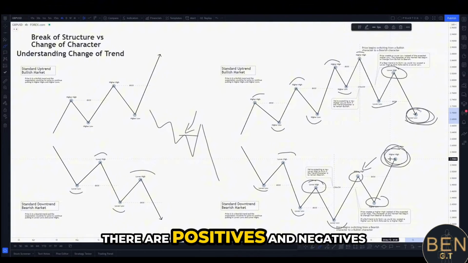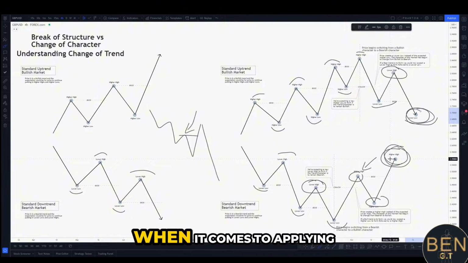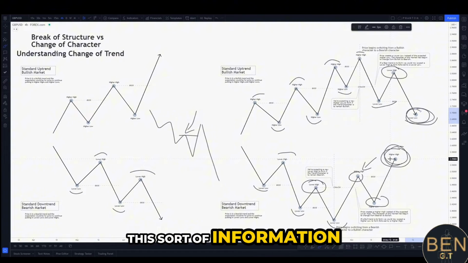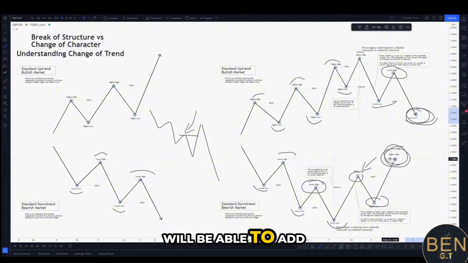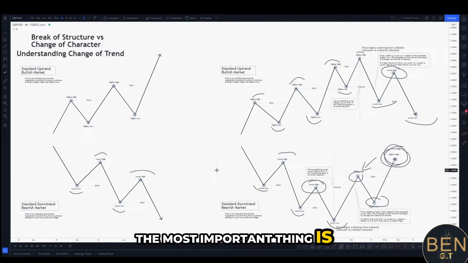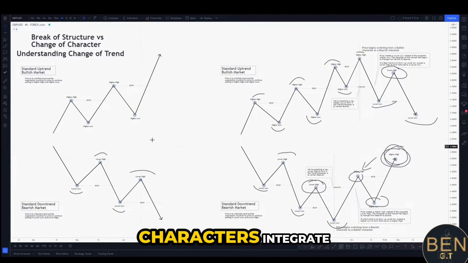Of course, there are positives and negatives to being conservative or aggressive when it comes to applying this sort of information. If you're conservative, you might miss trades. If you're aggressive, you might take more losses. But as we dig into more concepts, we'll be able to add certain things that will help improve your overall edge. But at the end of the day, the most important thing is understanding how these change of characters integrate